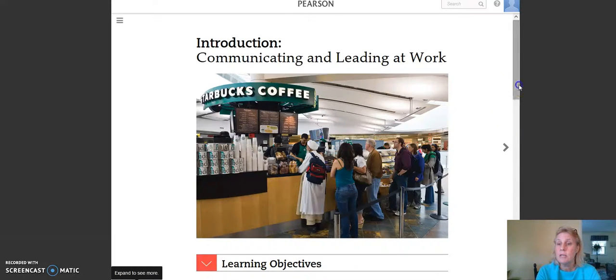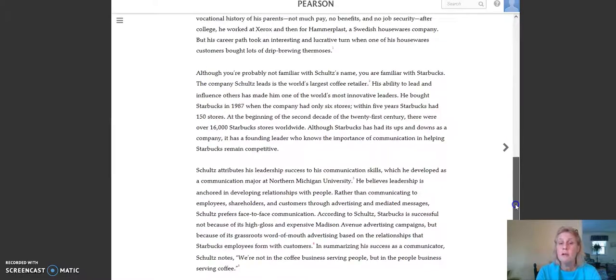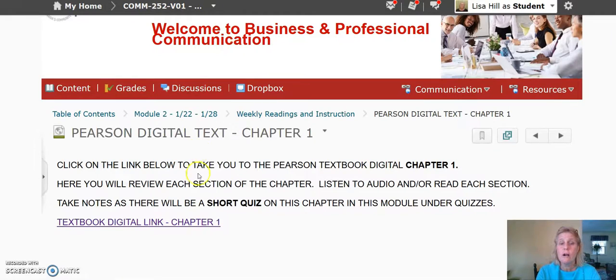And you will see this is out of your textbook. So what I recommend for you to do is have your textbook there and listen to this information. Introduction. You can read it and highlight, but you can listen to it and you can highlight. Okay, so it's totally up to you, but I find that students really appreciate having the audio section of